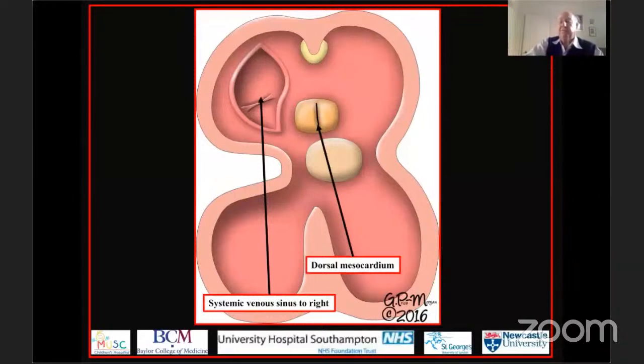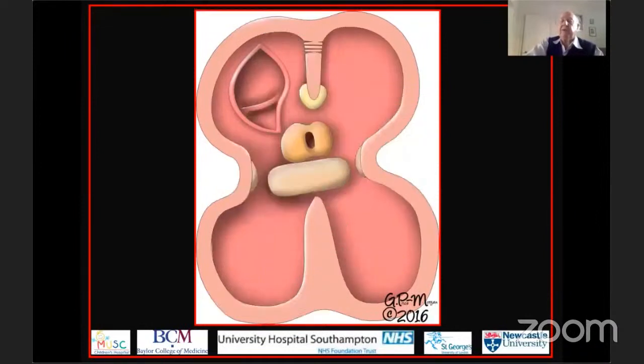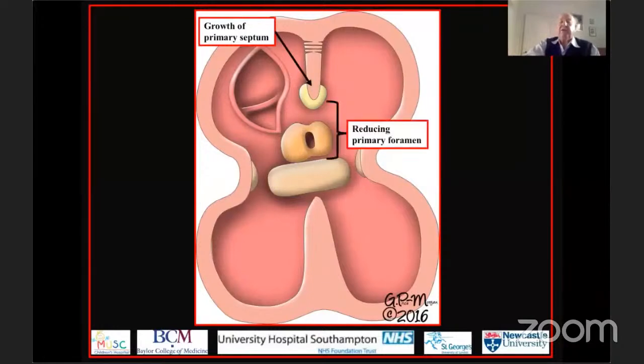of the dorsal mesocardium. So the key stage in atrial septation is the formation of the primary septum, which grows from the roof, carrying on its leading edge a cap. And as that cap grows towards the cushions, so it will diminish the size of the primary interatrial foramen. So here we see the stage as the primary septum is growing towards the atrioventricular canal, carrying on its leading edge the mesenchymal cap, and the closer that gets to the cushions, so the smaller will become the primary interatrial